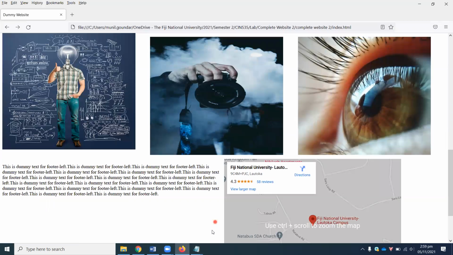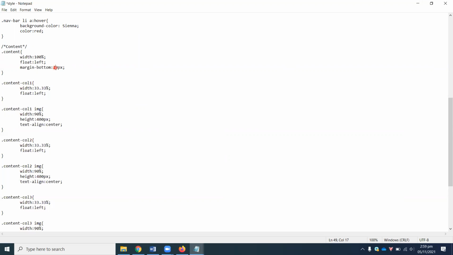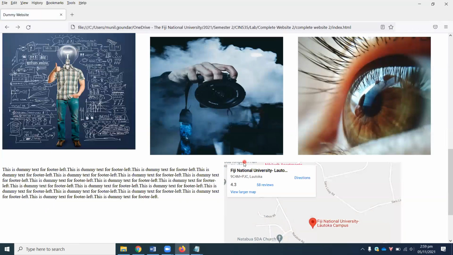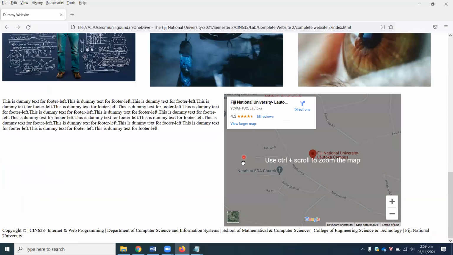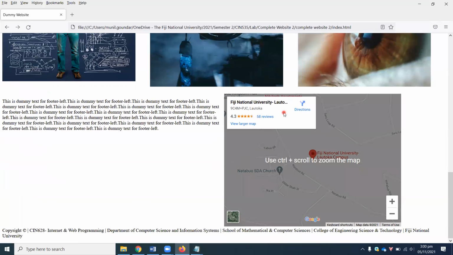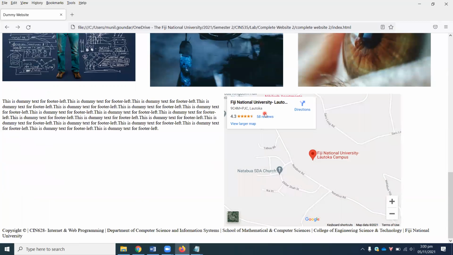Okay, so let's give it, let's say, 20 pixels. Control S to save and then refresh your browser. Okay, a bit more space than the previous one. So this is better, much more controlled now. Next up is,